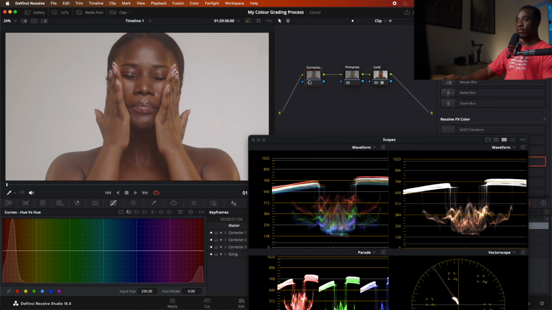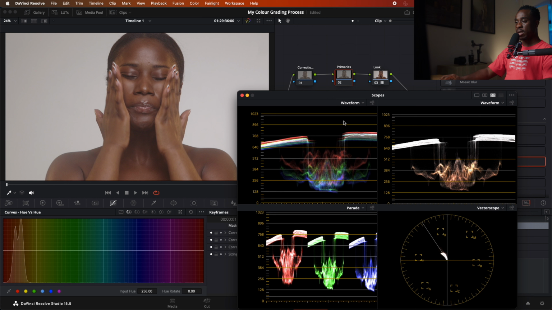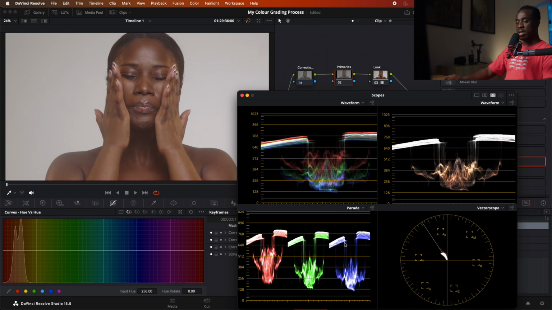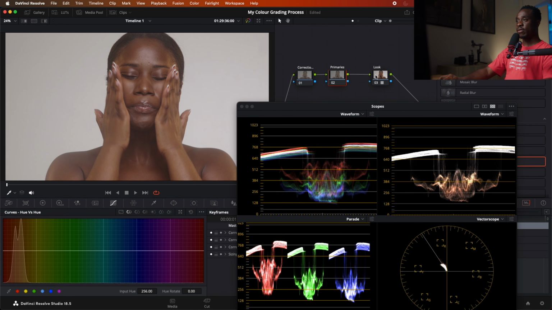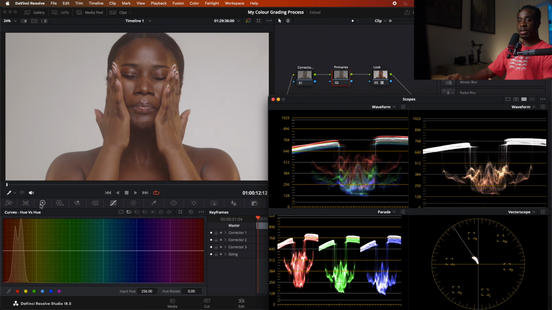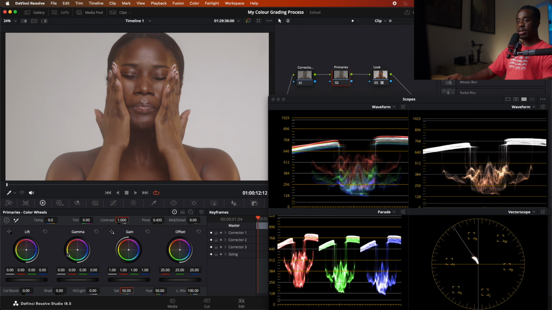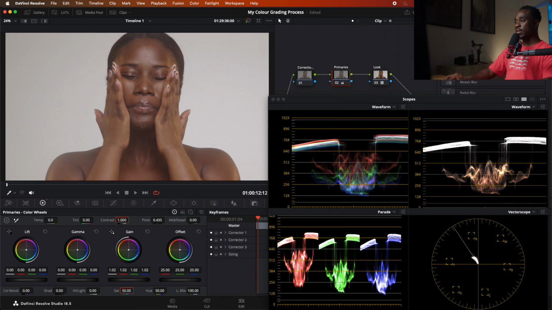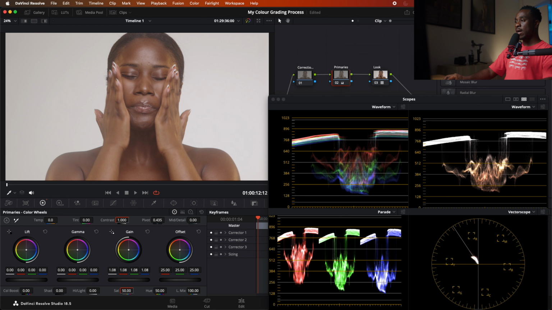In terms of the color correction, if I'm looking at my RGB parade, I think we're good in terms of the white balance. So now I think mainly the work needs to be done within the primaries to bring a bit of contrast to the image. So what I'll do is I'll jump into the primaries, and I'll start by lifting the gain just a touch. At first, I used to always just whack the gain all the way, your highlights all the way to the top. But just another thing to note, with the scopes, I never like my highlights to hit above